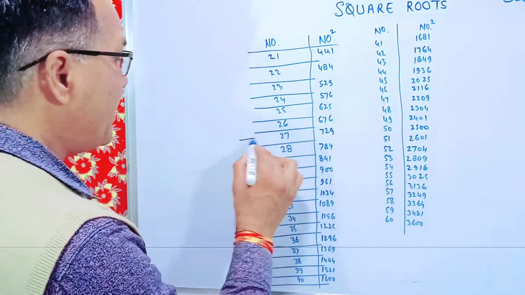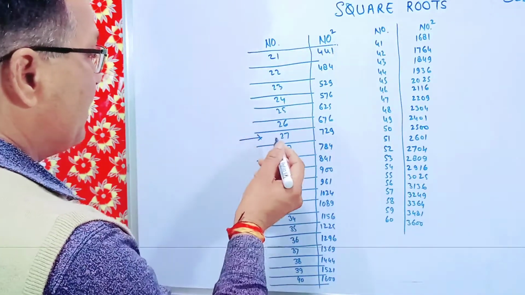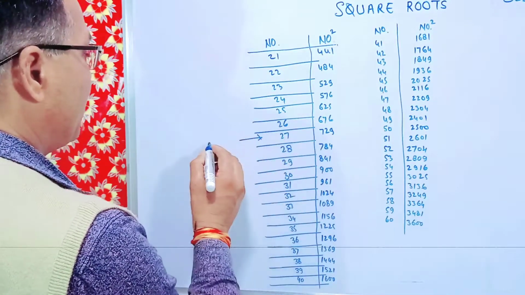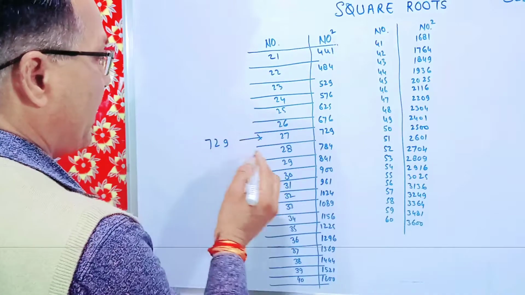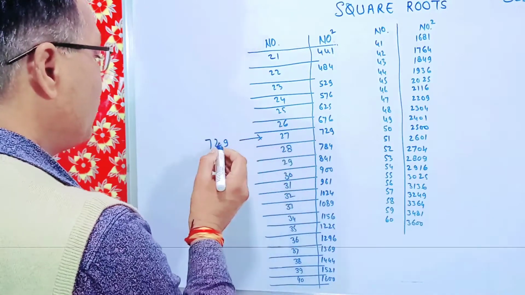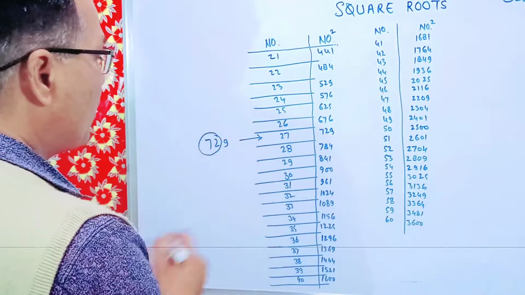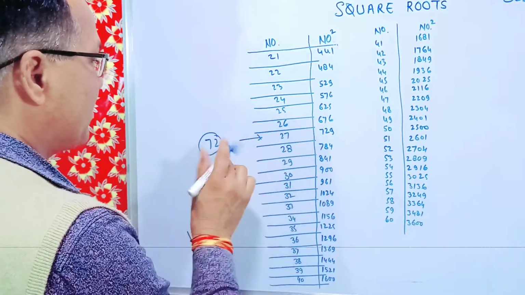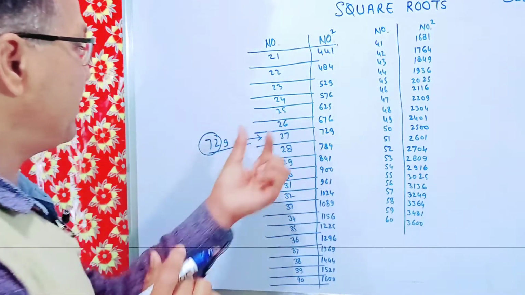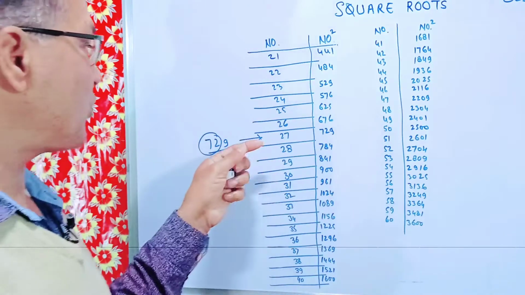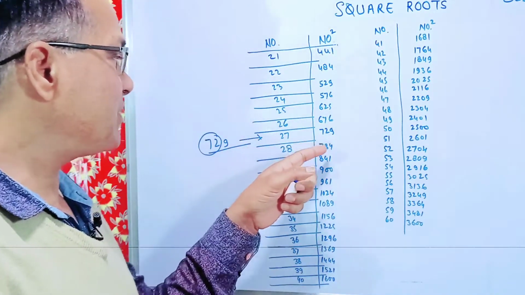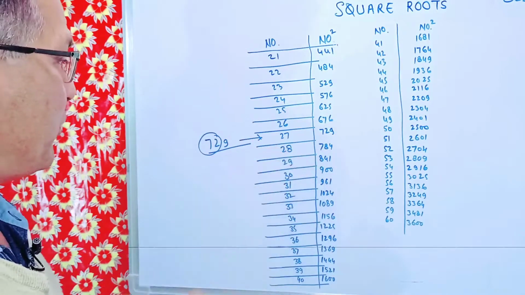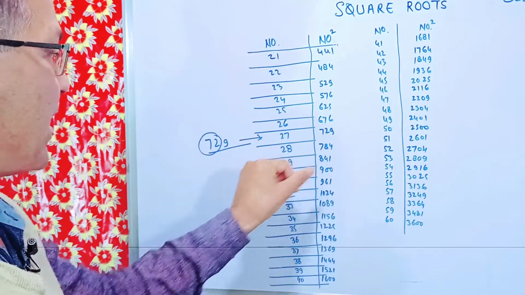Here it is very easy to remember. Just take the number reversed, 7 to 9. This 27 you make 72, and in the last the summation of these numbers becomes 7 to 9. Now the square of 28 becomes 784, square of 29 becomes 841, square of 30 becomes 900,